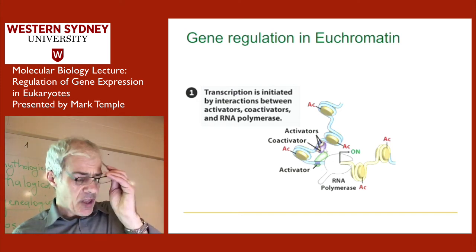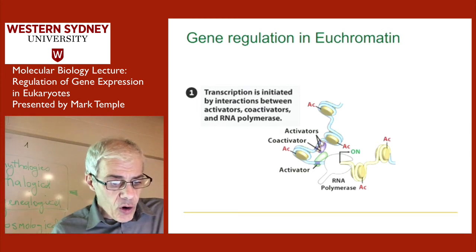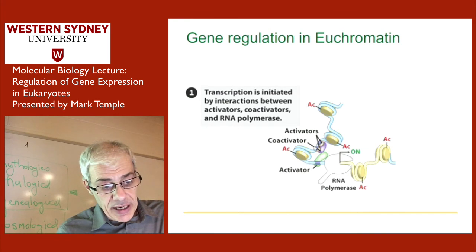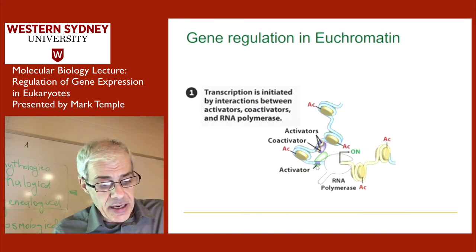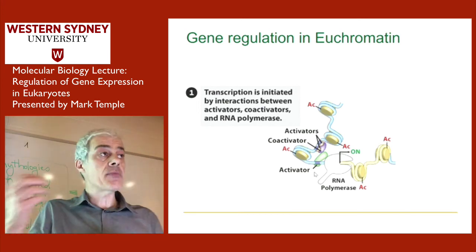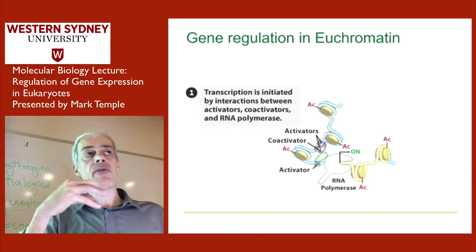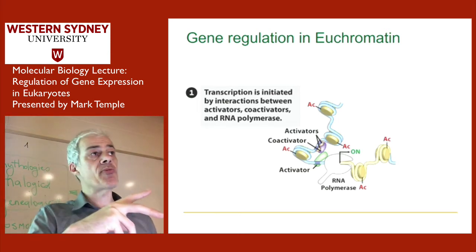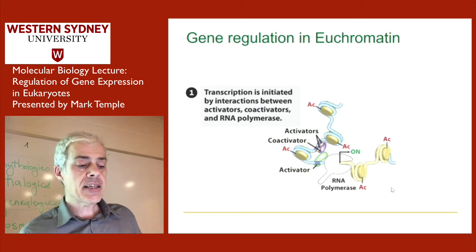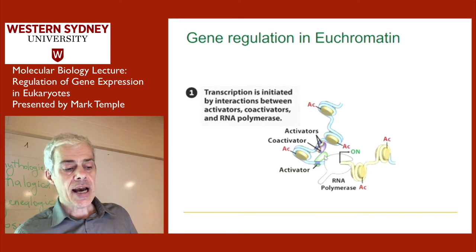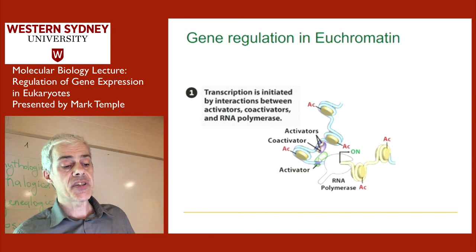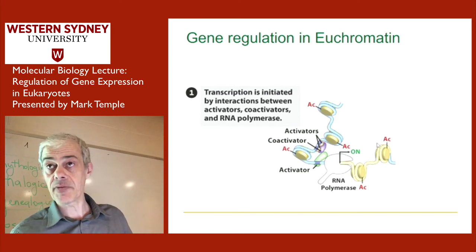And what you can see here is the binding of transcription factors, which are activators, bound directly to the DNA. If you recall last week when we looked at gene activation in prokaryotes, we had a simple traffic light system: the green activators and the red repressors when we looked at the lac operon. And we went through to describe what those proteins were in detail. Again, the textbook's using the same drawing here, and we've got a green protein which is an activator. The activator is facilitating binding of the RNA polymerase to activate transcription.